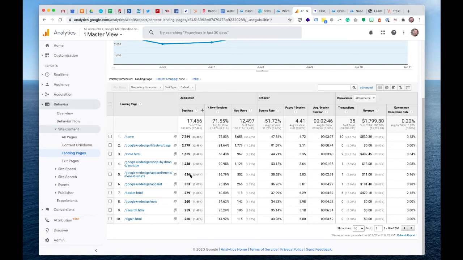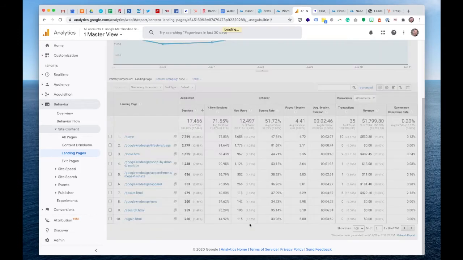You might naturally think that's going to be the home page, but of course, any page which is indexable by Google, any page they can find, people can type in a query and land on that page. Of course, you could also be sharing links on social media, which people could be clicking on and then landing on your website. So this shows you the other view, landing pages, where they're landing first.